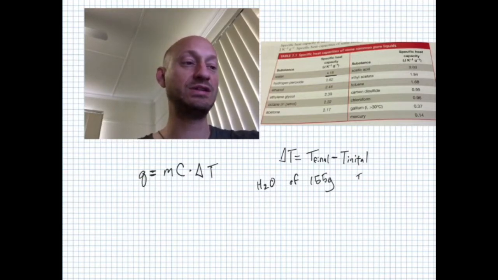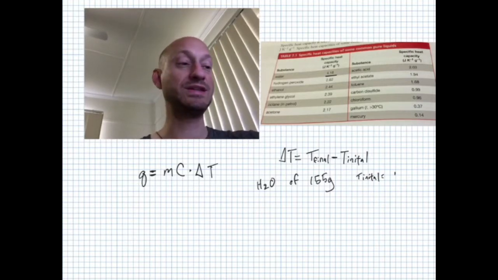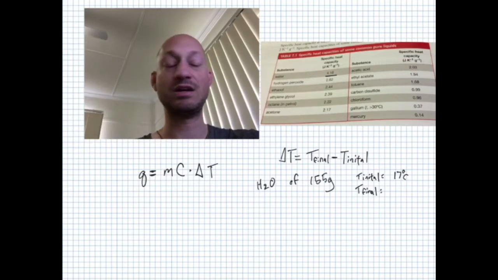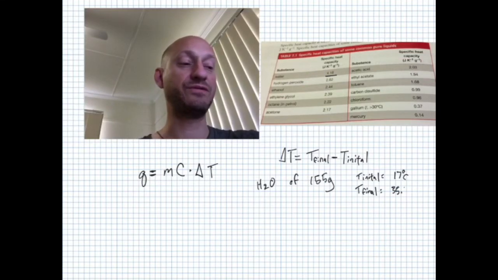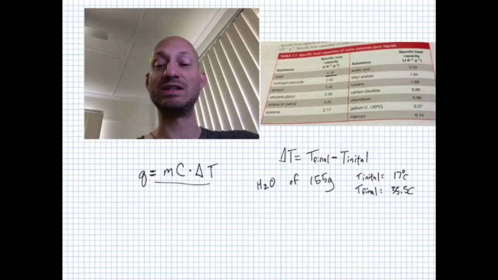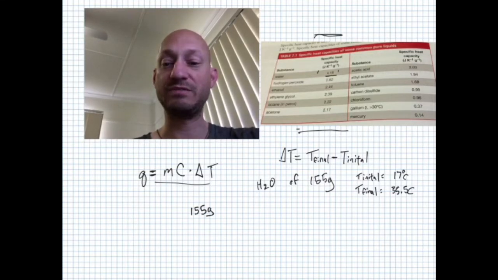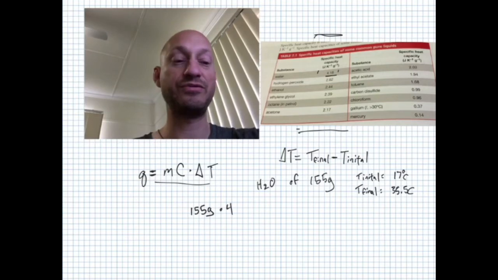So T initial, it begins at 17 degrees Celsius. T final, we want it to be 35.5 degrees Celsius. You can get the C value from this table right here. Water has a specific heat capacity of 4.18 right here. 155 grams times 4.18,